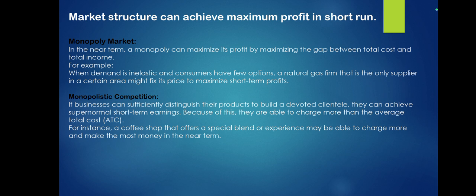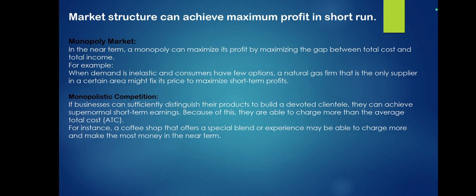Now we're going to see how market structures can achieve maximum profit in the short run. For a monopoly, in the near term, a monopoly can maximize its profit by maximizing the gap between total cost and total income. For example, when the demand is highly inelastic, meaning demand is very low and consumers have few options, a natural gas firm that is the only supplier in a certain area